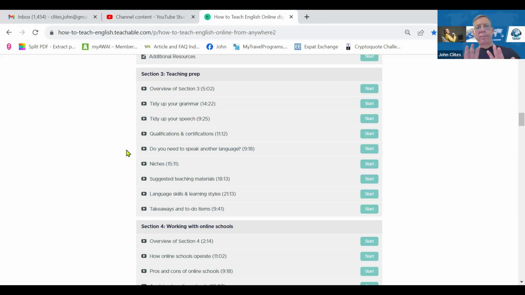Now, don't worry if all you speak is English. What I encourage you to do then is just select students who already have a sufficient level of English when they come to you, where you can communicate in English and they can understand you. But what I do encourage you to do, if you're working with students from a particular language background, say all of your students speak French or all of them speak Spanish, if that's part of your niche, then over time, it would behoove you to become somewhat conversant in that language, at least to be able to explain certain points in their language. I'm thinking vocabulary and also grammar.